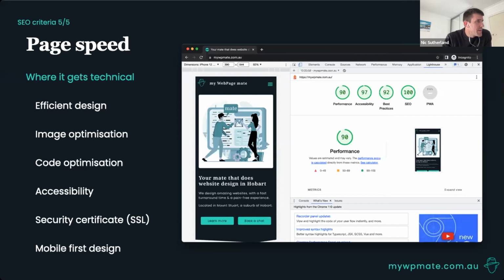And here we can see a quick Google assessment of my website. This tool is available to everybody, and I can show you how to use it. Performance at 90, so that's speed performance. It's in the green, it's pretty good. The more efficient, the more professional the design is, the better that loading speed will be, and in turn, that will increase your ranking. A slower loading speed is a negative factor in the Google search criteria.